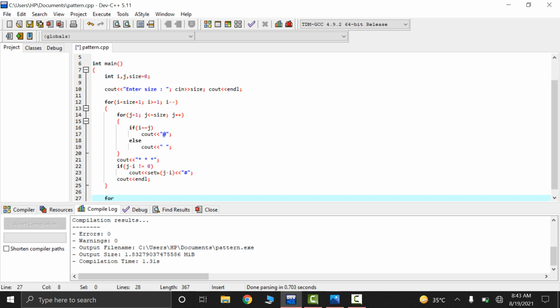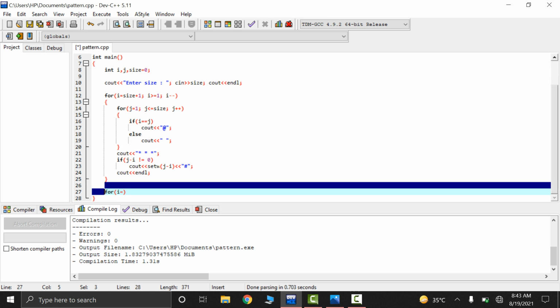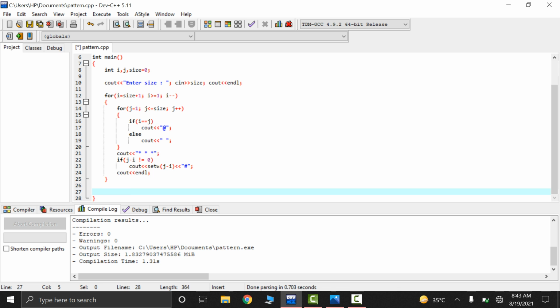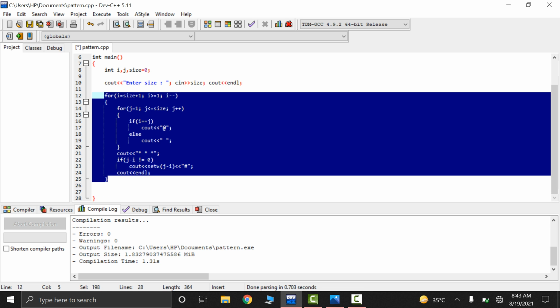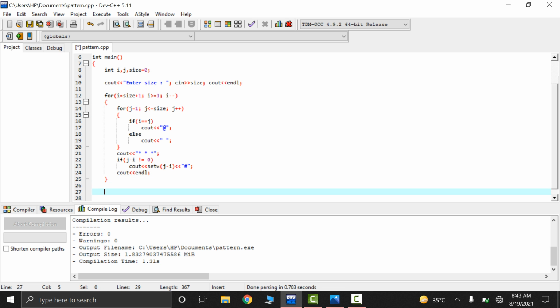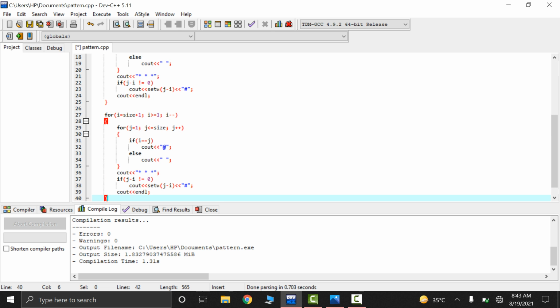I'm just going to dry run it for you so that you can get a better understanding of it. As I declared it, without wasting time, I'm just going to simply copy this code. Now I will run this code in the positive. The outer loop will be in the positive direction. Control C and Control V, and it will be smaller than or equal to, and I will just start it from 1.